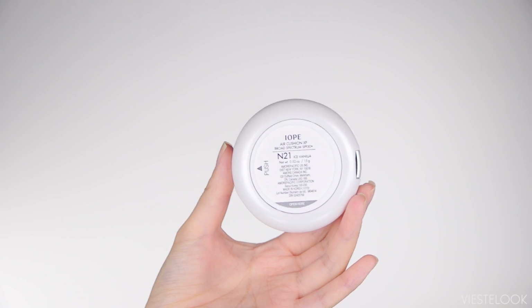N stands for natural. They have two lines. It's the N line, which is the natural line. That's more dewy, a lighter coverage, just an overall natural look. And then they have the C line, which is more coverage. C line? I'm looking at the viewfinder and it's flipped, so I'm just like, see? I got it in the shade 21, which,